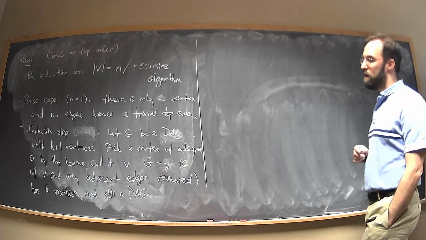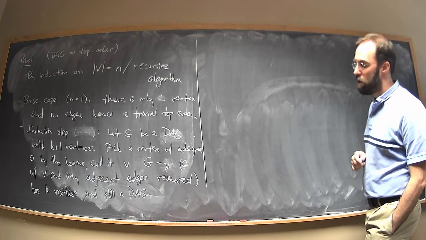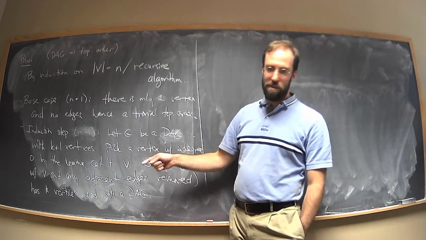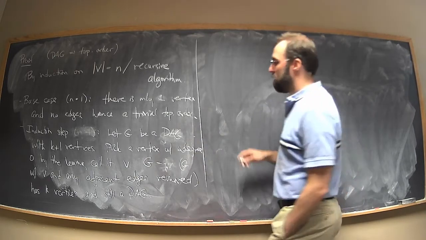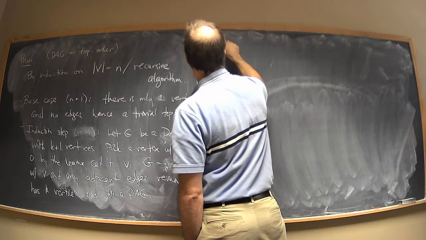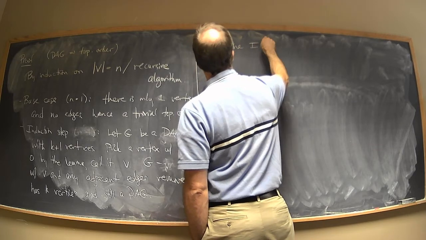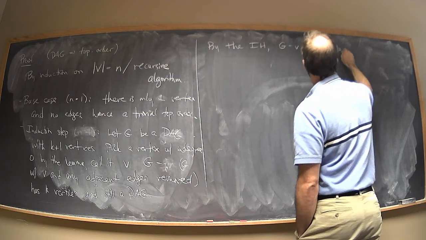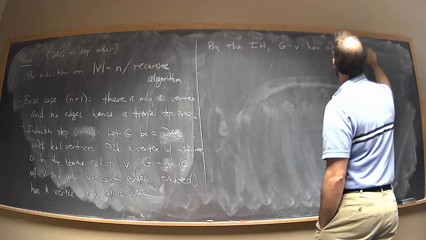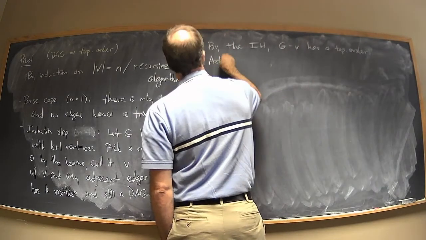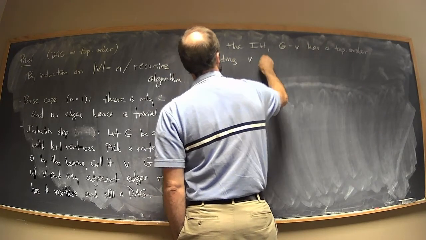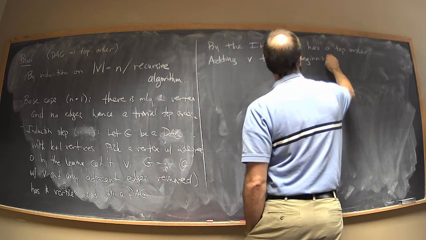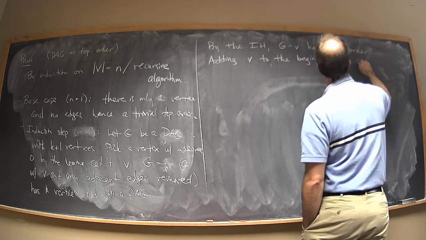We can of course now use our induction. Our induction hypothesis says if we have a DAG with k vertices, it's got a topological ordering. So by the induction hypothesis, G minus V has a topological ordering. And then adding V to the beginning of it is a valid